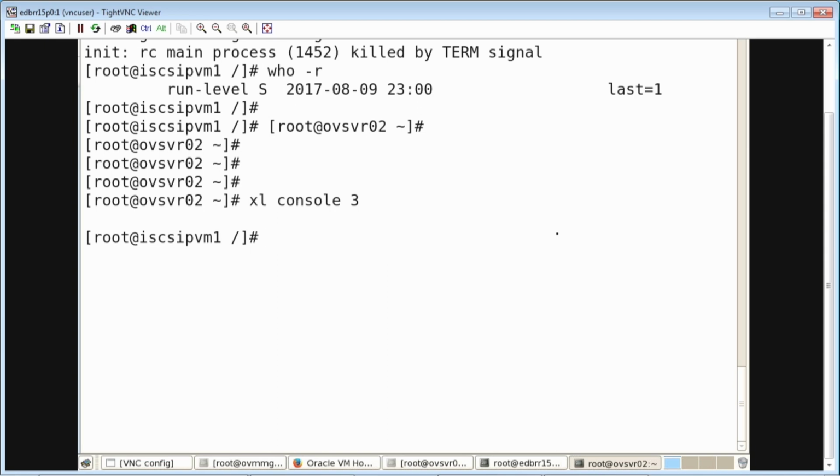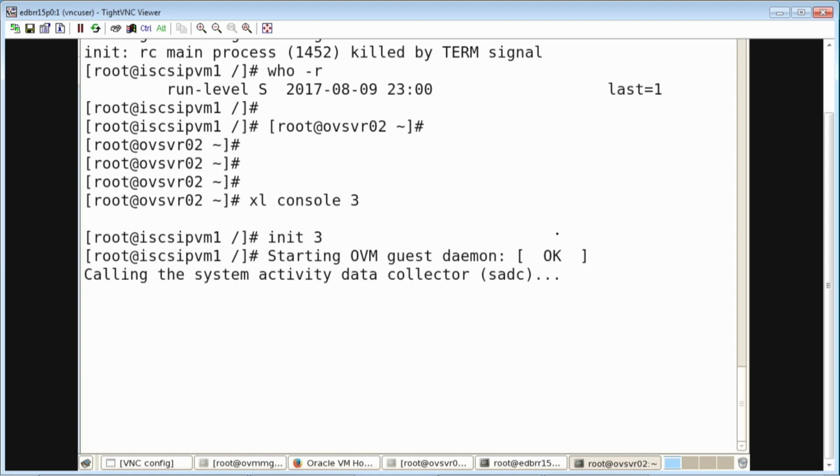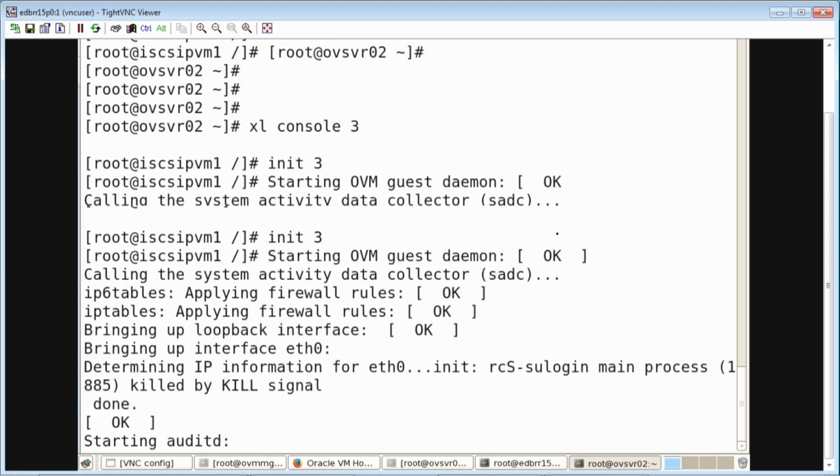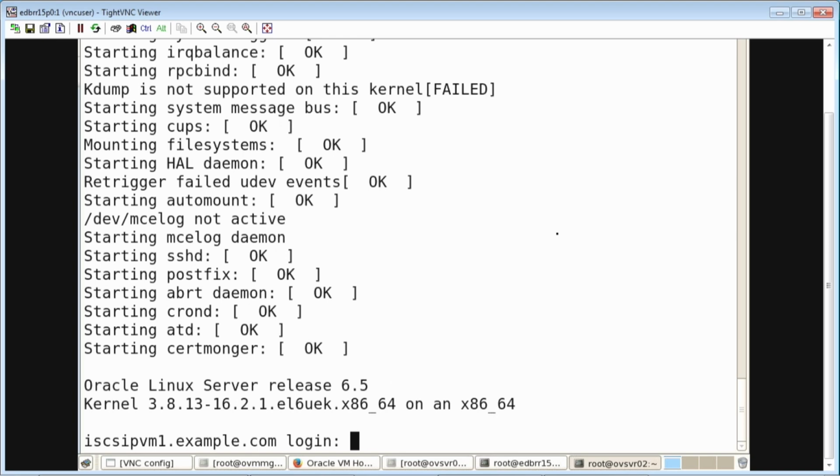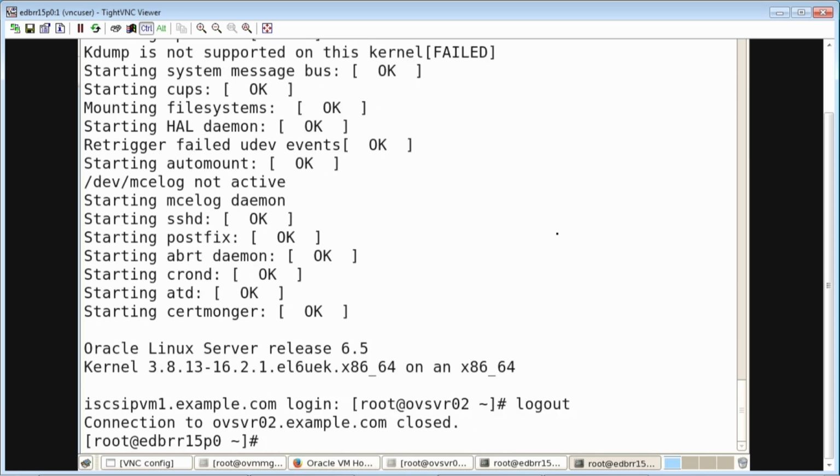So from the serial console session on obsvr02.example.com, bring the virtual machine back to run level 3 by using the init 3 command. Now the login prompt appears again, and exit the serial console by pressing Ctrl plus close bracket. Exit, finish. For step number 3, clean up: exit your SSH session to obsvr02.example.com by using the exit command or Ctrl D, and log out from your Oracle VM Manager user interface session and terminate all sessions to